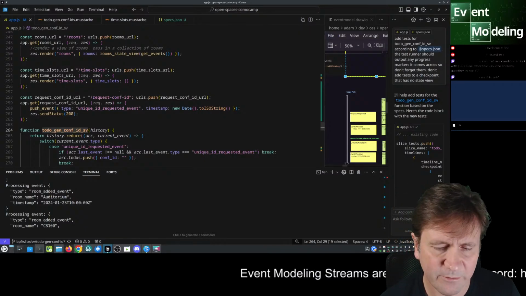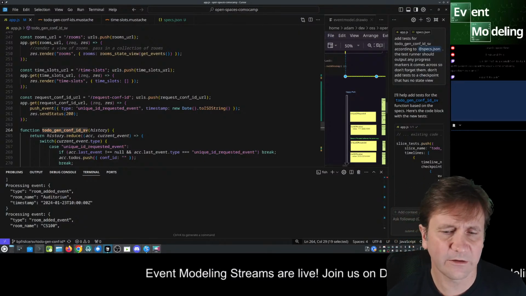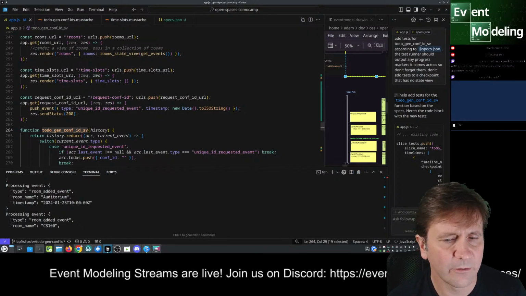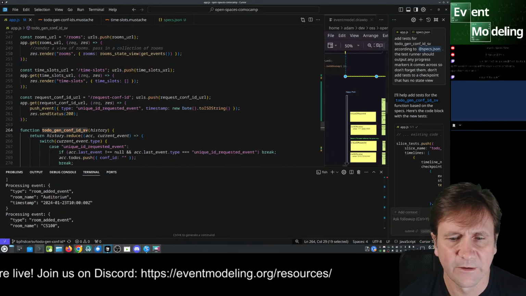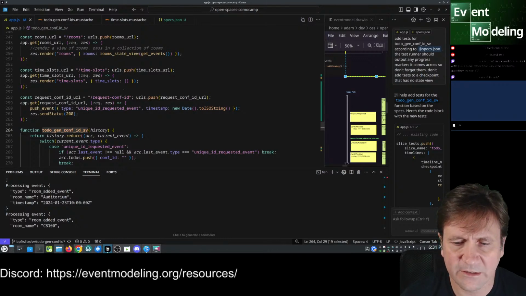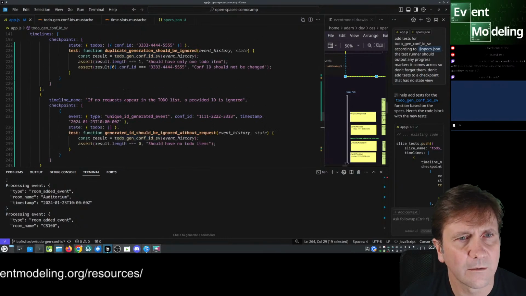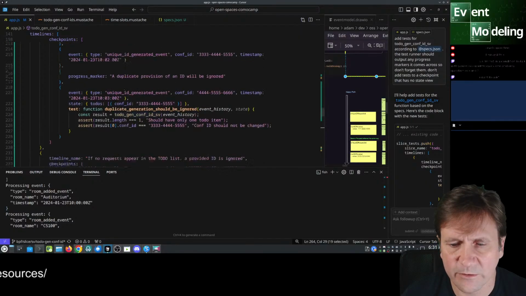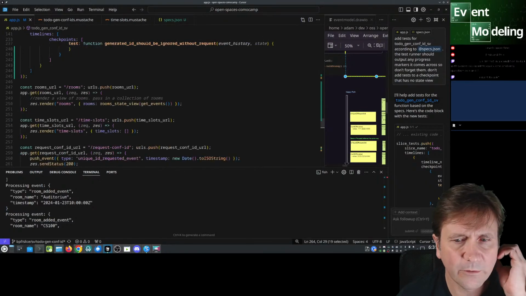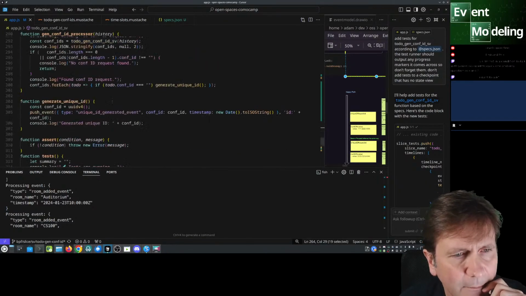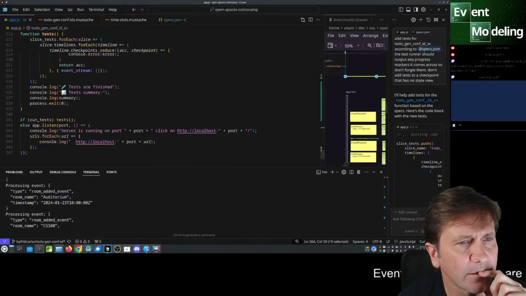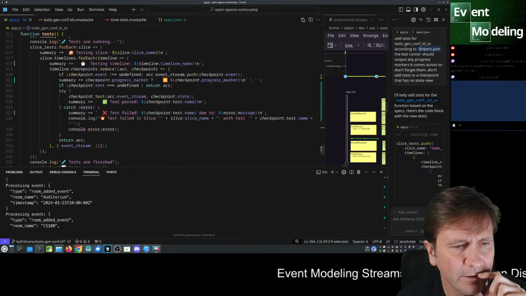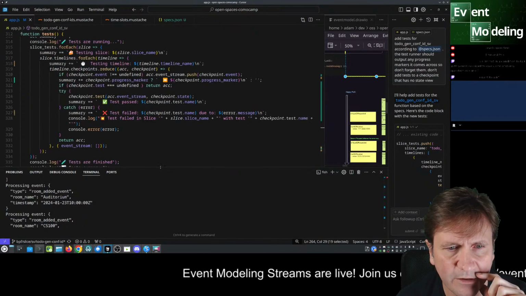Mohsen's a guy from Iran that contributed a lot to doing this with Miro, basically extracting test cases from event models. So this would kind of plug in quite nicely with his work, but adopted for Draw.io or something else that's more open source friendly. And yeah, I'm quite happy with this. I mean, just look at the output.